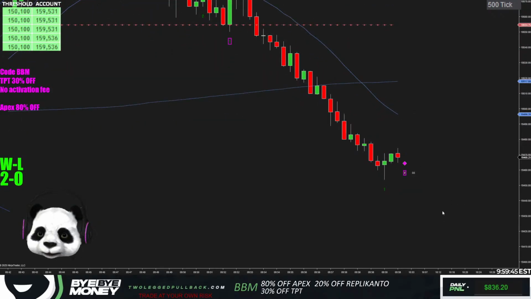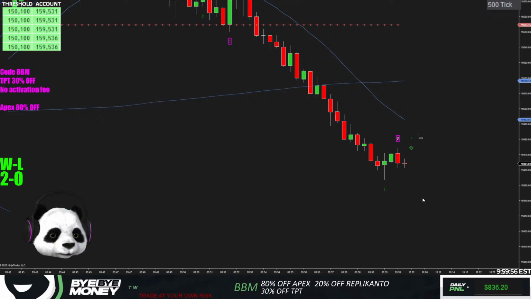Probably first entry is going to be good here because of how strong this move is. This first entry is probably going to make a new low. If we get a second entry short, I'll take it, but I doubt we'll get the setup. I surely doubt it. But if we get it, I'll take it.